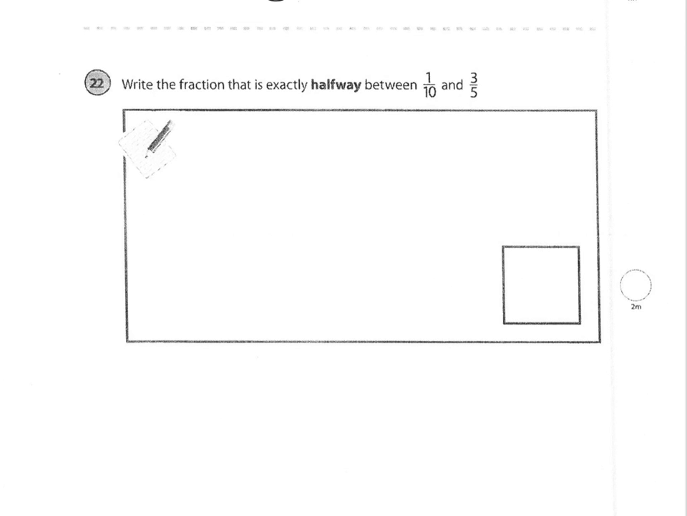What fraction is exactly halfway between 1/10 and 3/5? So to find the midpoint of two numbers, we would add them and then half the answer. So what I'm going to do is I'm going to add up the 10th and 3/5. But I can't add 3/5 to 10ths because they have different denominators. So I'm straight away going to change 3/5 into 6/10, so it has the same denominator as the first fraction. So that gives me